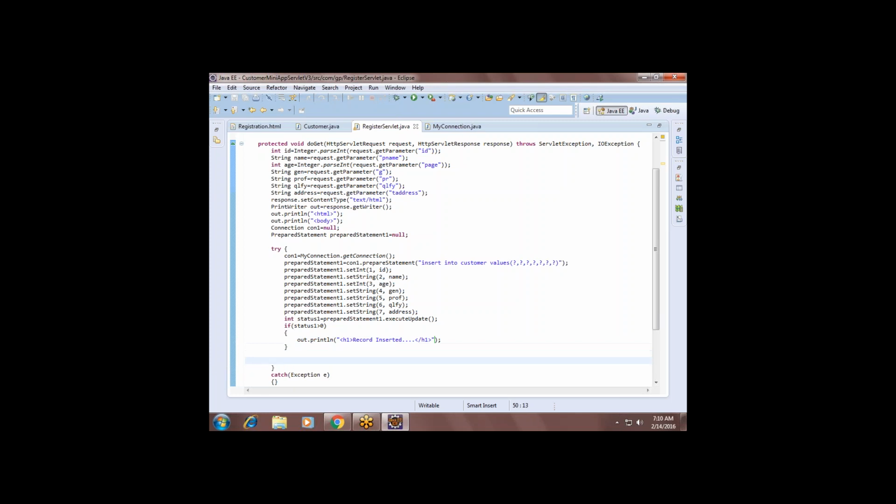Done. If the record is inserted successfully, status contains 1, right?